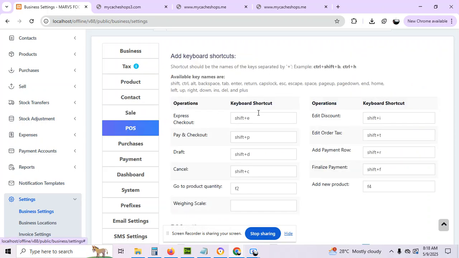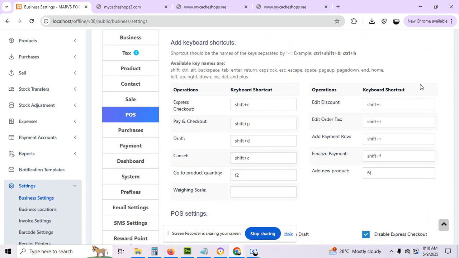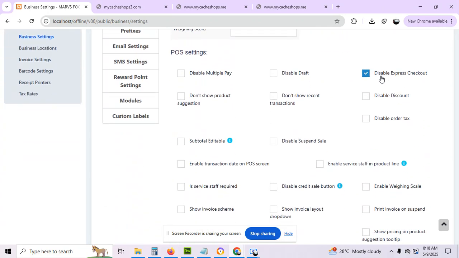Then here on the POS section, you can come here and disable your express checkout so that they must select a bank before they can make a payment. Then you can enable address. This enable address on transaction will enable the date to display on your POS transaction such that someone can set the date. But this one can be used maliciously. So it is better disabled so that your sales reps don't sell today's sales into a previous day, then the money will not reflect. In order to avoid that, it is best to